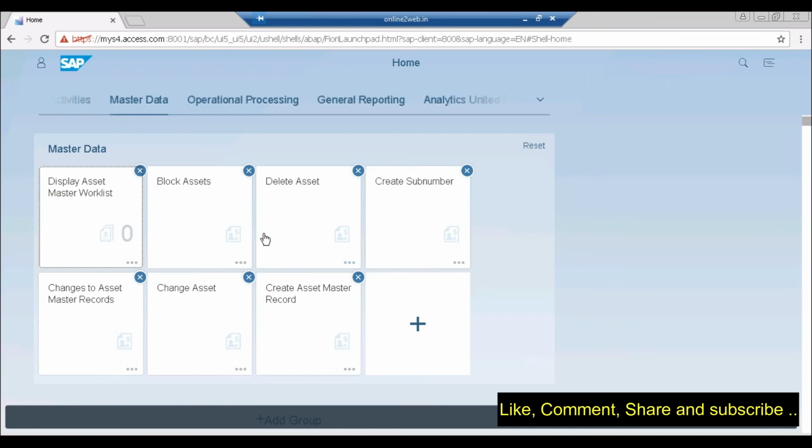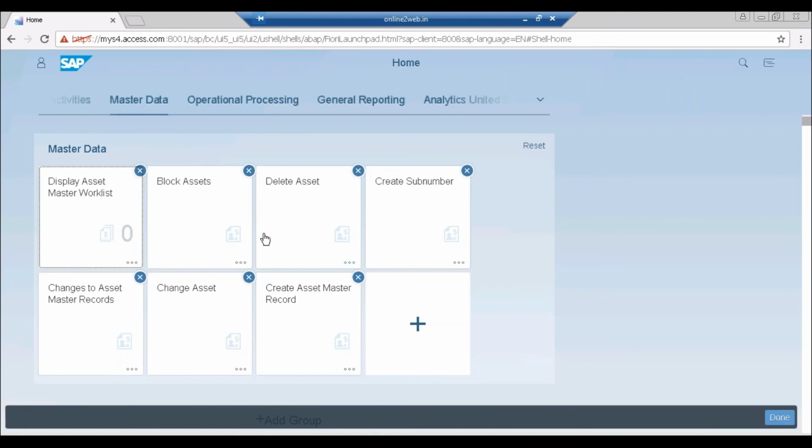For example, if I am a purchasing person and I have ME21 access based on a particular role, it is not necessary that the same role will give me access to the create purchase order app on Fiori. For create purchase order on Fiori, there is a separate role. So I need to provide that role also to the user in order to use the Fiori app to create a purchase order.